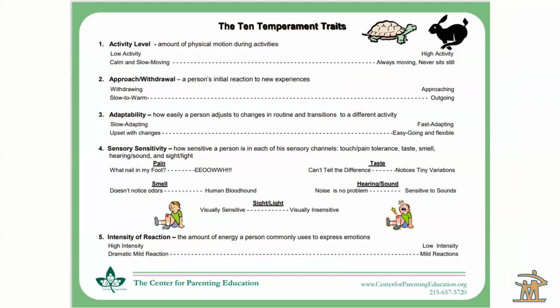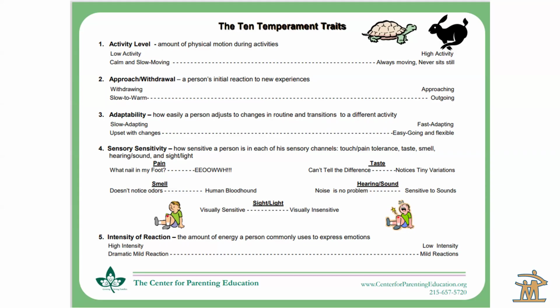We're going to look at 10 temperament traits. So think about maybe what your temperament is. Think about what your child's temperament is. You could even look at it, for example, if you're an educator watching this, we always think about who's a good fit for my child when they go to next year for school. Temperament can make a difference. And if your temperaments are completely opposite, it does make it more challenging, but certainly not impossible by any means.